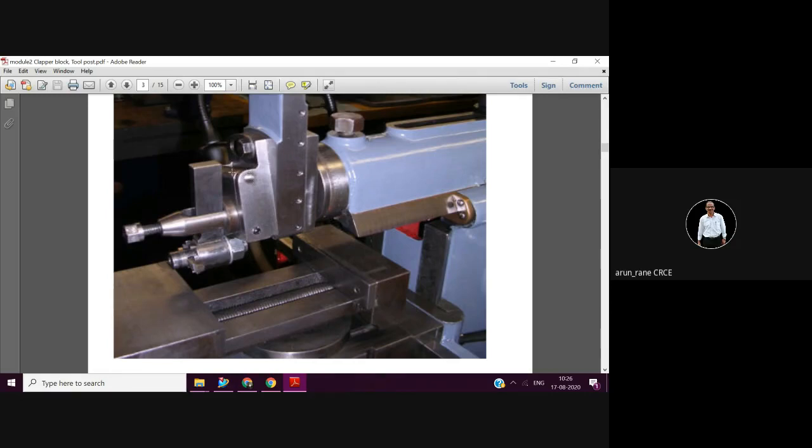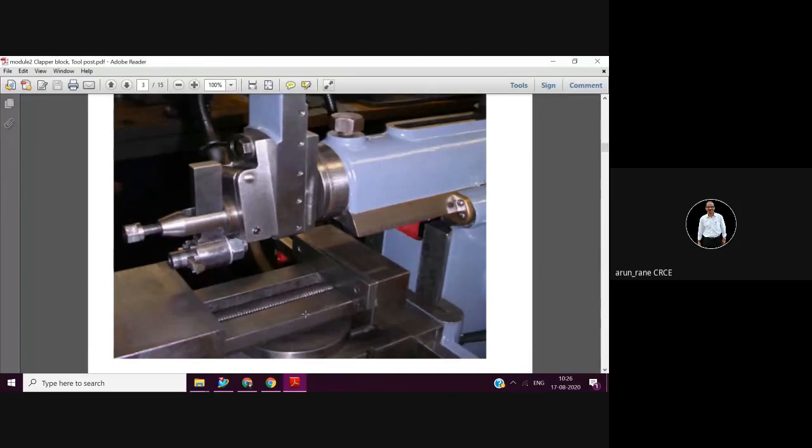The function of the drag release plate is, if you remember, in shaping I had told that in the forward cut the velocity is less, and in the return stroke the velocity is double, and at that time your tool has to lift. It should not rub. The tool has to lift, so the tool will get lifted. See, this is a hinge kind of thing at the return stroke. That's why there is a provision of swelling.